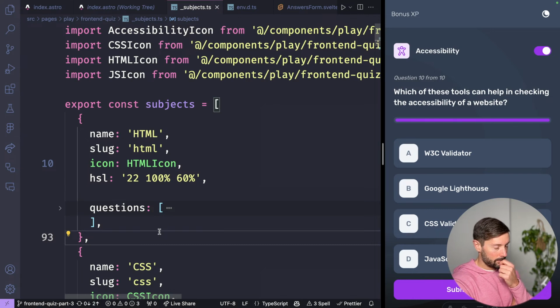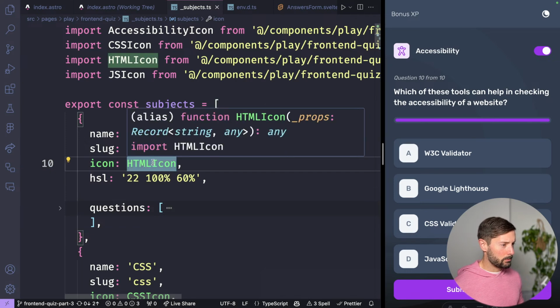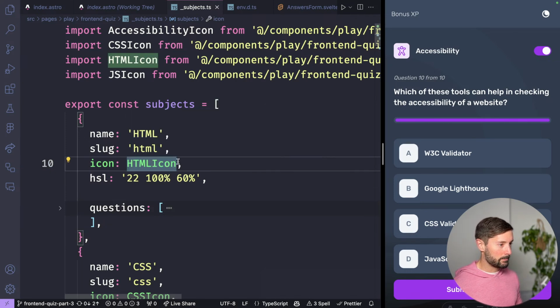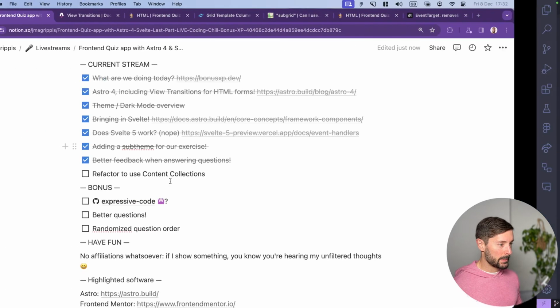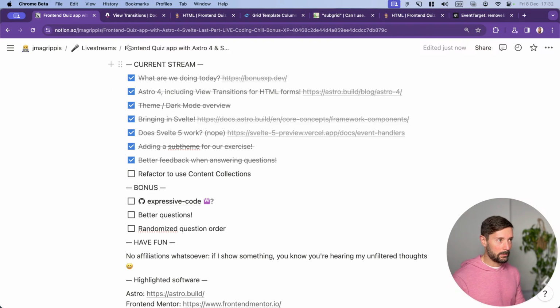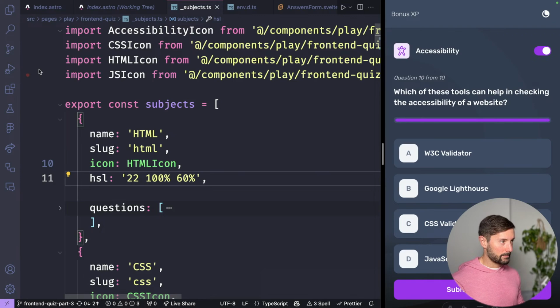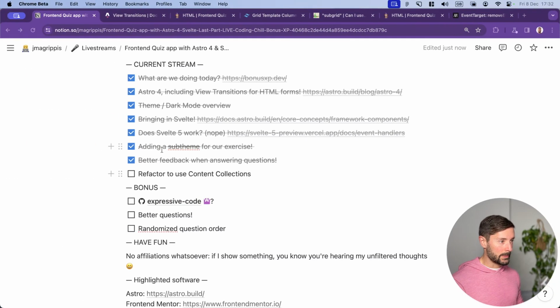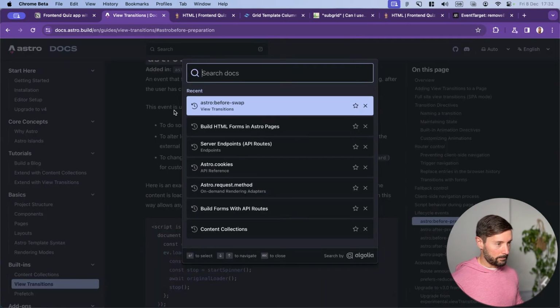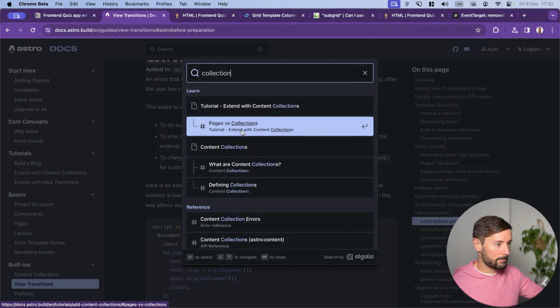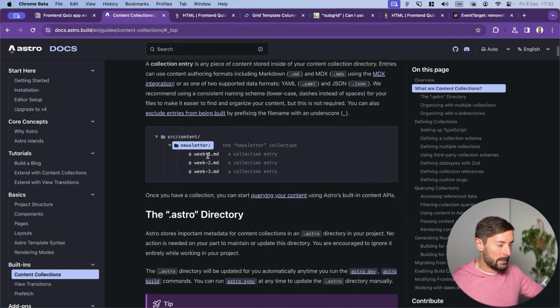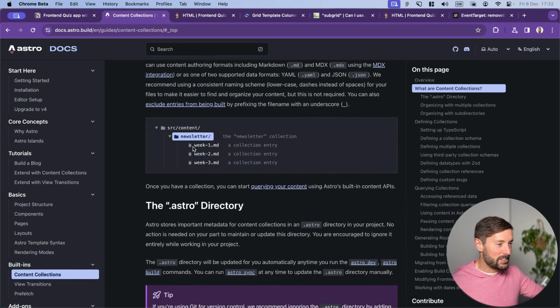and see where that gets us. Can I export a component from this? Maybe not. Can I export a component from Markdown in Astro? I don't know. But content collections, they're kind of like a CMS type of thing,